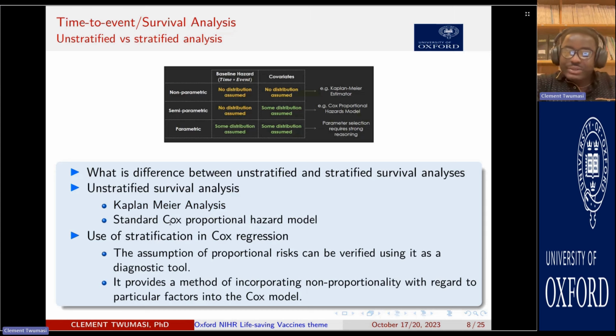If it's time varying, it's going to affect the assumption that the base hazard rate should remain fairly constant across different levels of your outcomes. But once some of your covariates are time varying, it implies that the base rate could change over time. And if that is violated, then we stratify